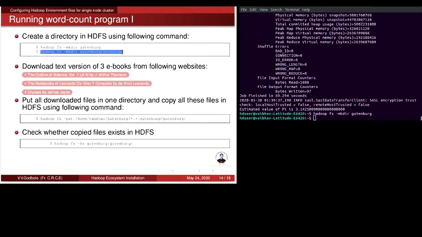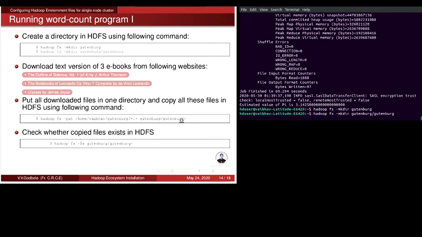Then we will create one more directory inside this Gutenberg directory. It's done. Now you need to copy all the files from this Gutenberg directory into this newly created directory.